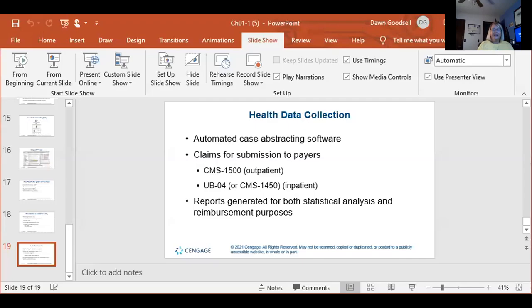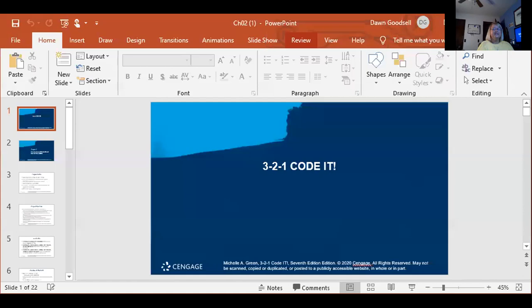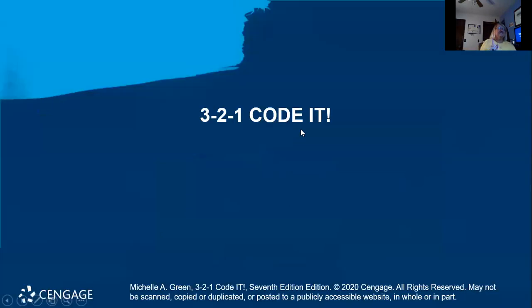All right, now we're going to go in and look at the slides for chapter 2 really quick. I'm going to do them both at the same time. So looking at slides for chapter number 2, Introduction to ICD-10-CM and PCS, we are really only going to be looking at ICD-10-CM, but it's nice to review, and I'm going to tell you there's a reason for this, for the PCS